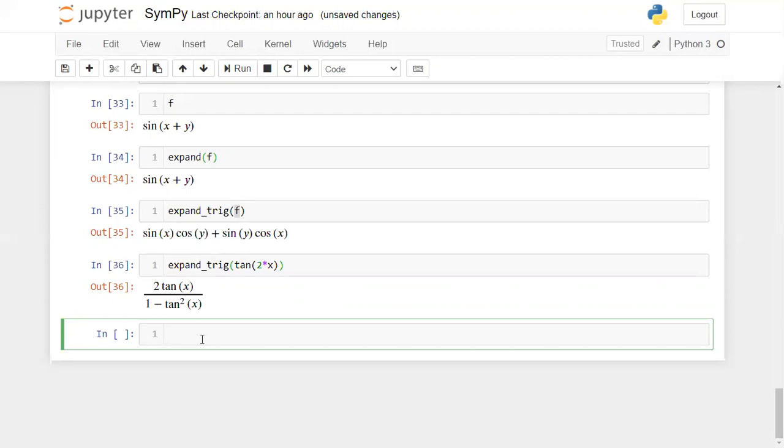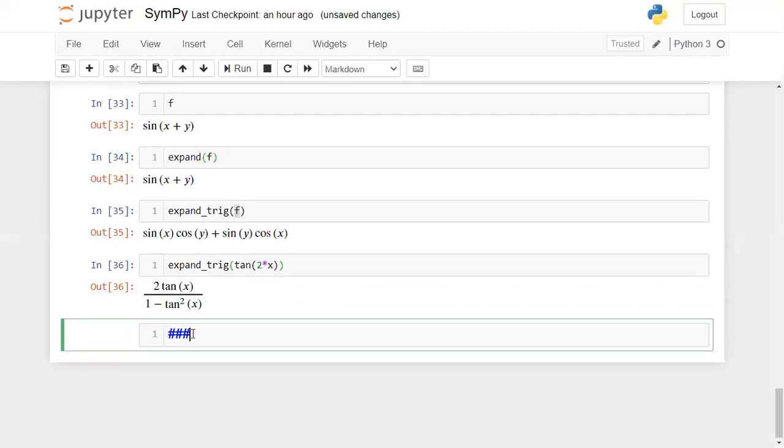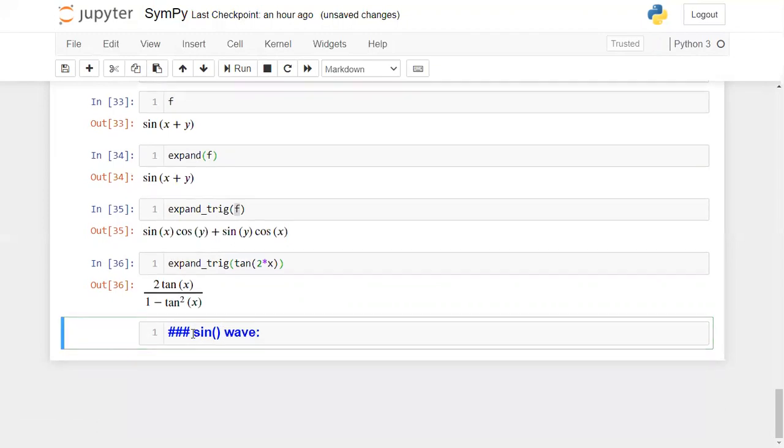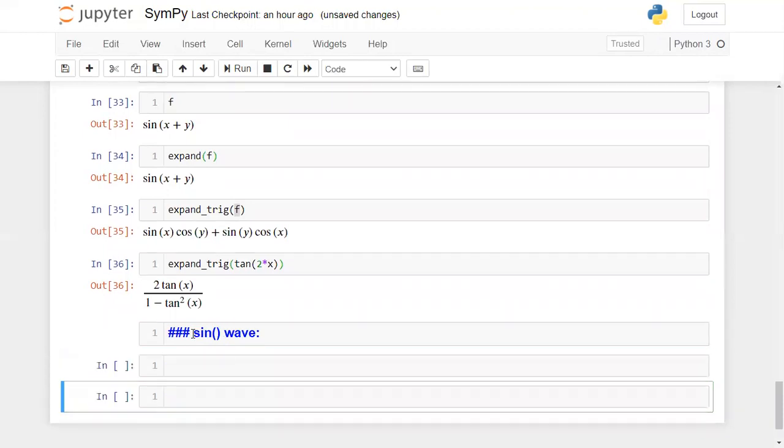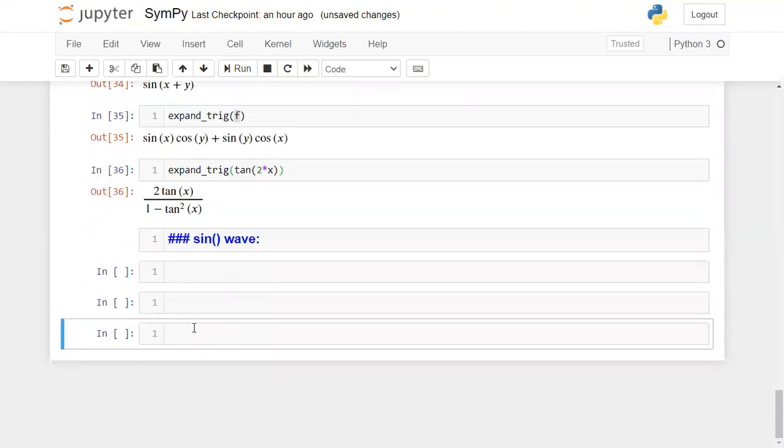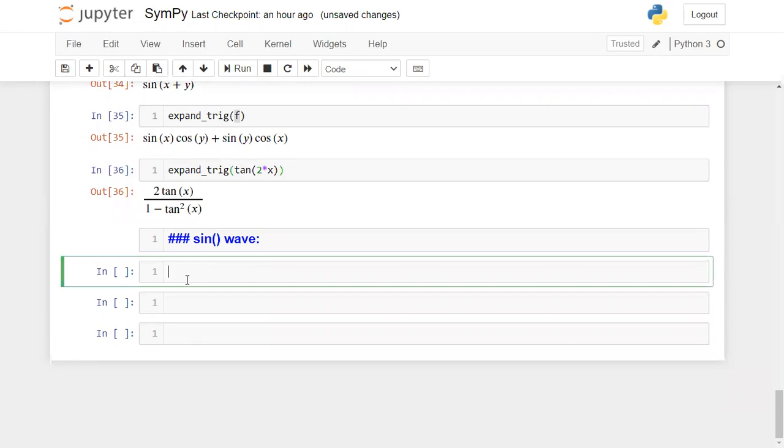Now I just want to view a sine wave, the sine function wave. The sine function is available in your SymPy, right? So using that SymPy sine function, I want to take some values and put the respective values on the screen using Matplotlib.